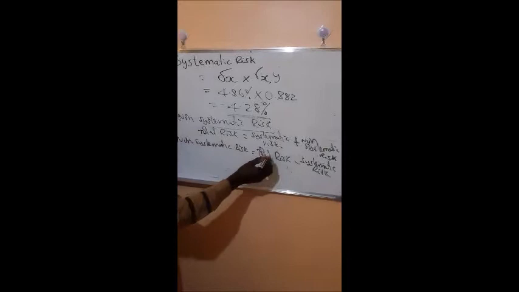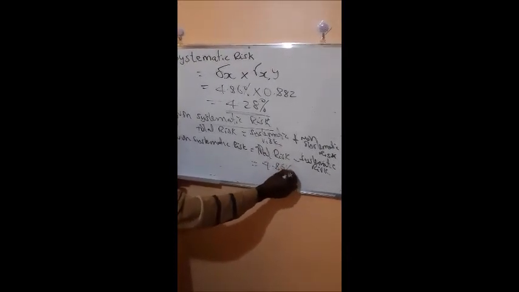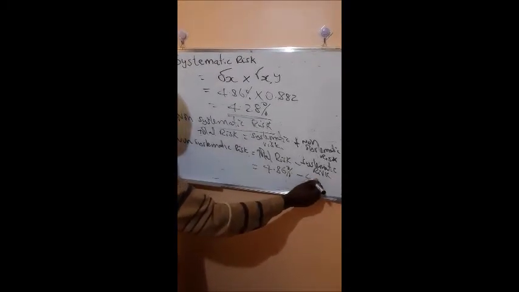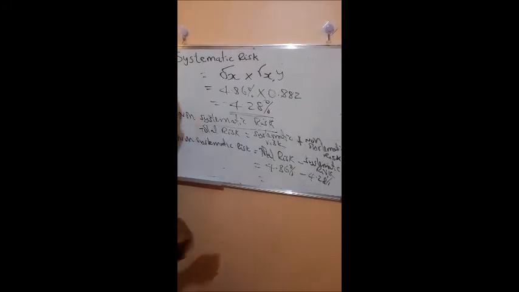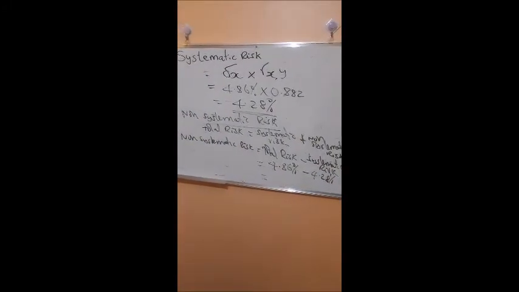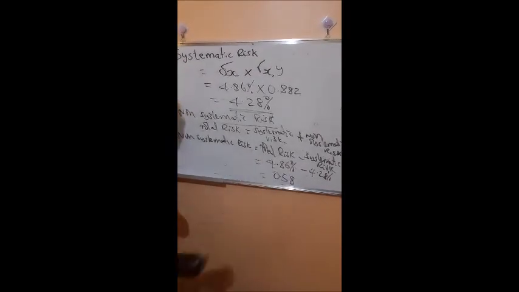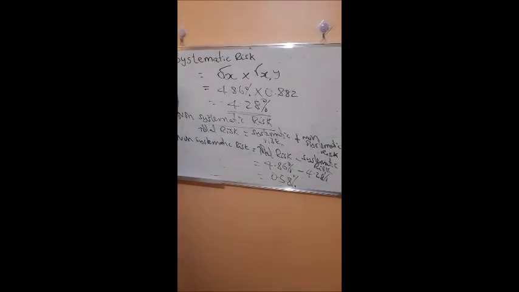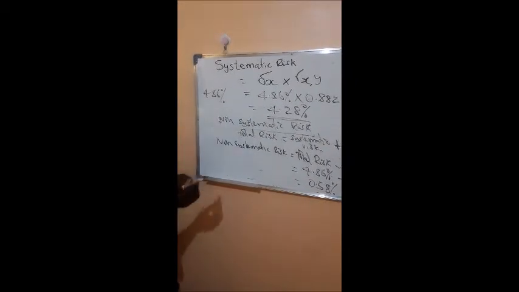Now, the total risk is 4.86%. You deduct the systematic risk of 4.28%. So if you deduct, you will get the non-systematic risk of 0.58%. Or out of the total risk of 4.86%,